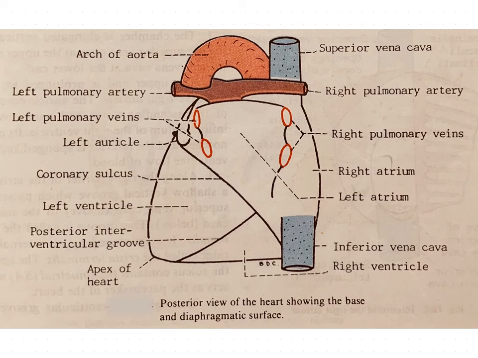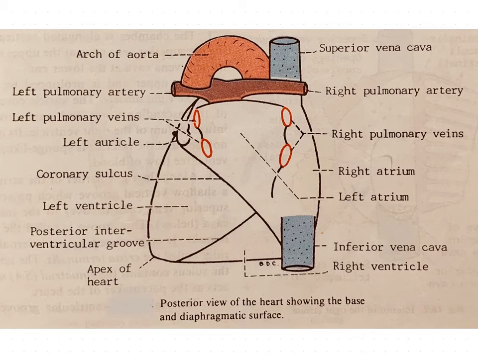Dear students, welcome back. In the previous session, we have finished the right ventricle. Now, in this session, we are going to see the left heart, which includes the left atrium as well as the left ventricle. So, before seeing their internal features and external features of the left atrium and ventricle, now again